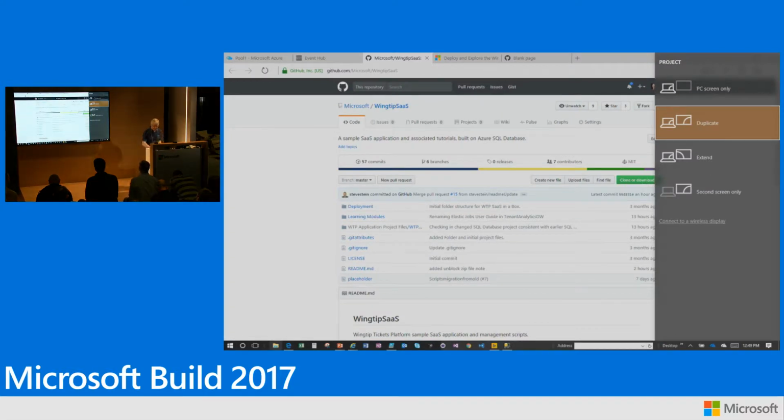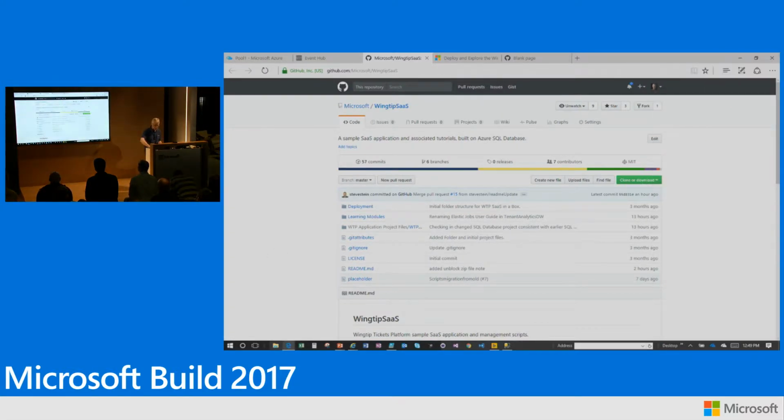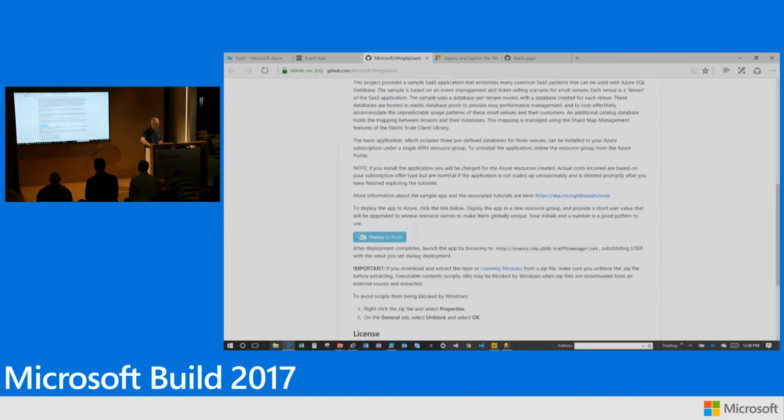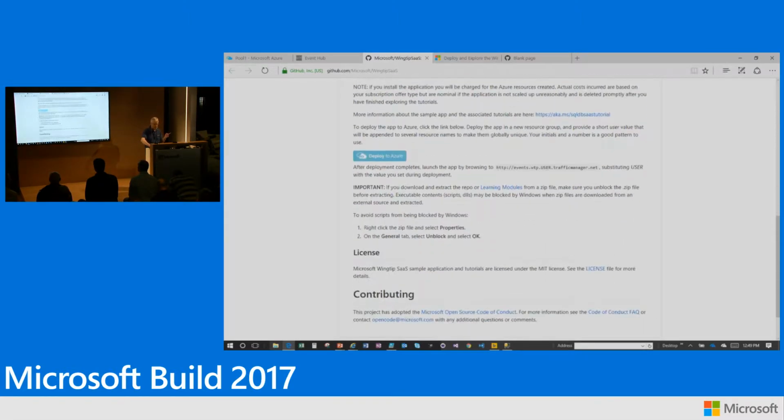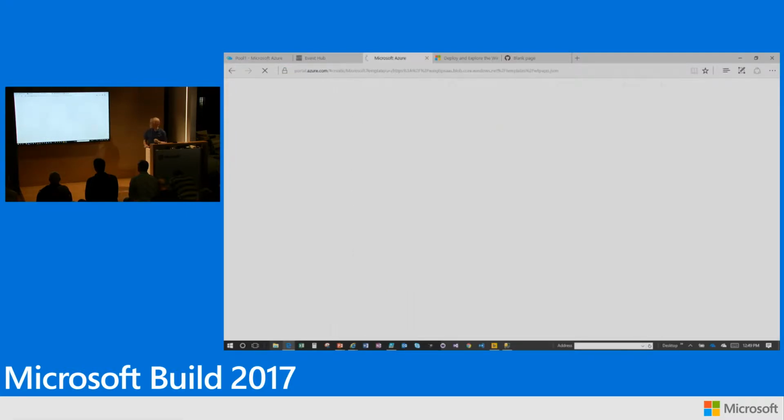So there's GitHub. This is the site. This went live this morning. So pretty exciting. And on here, all the code is there for the app you're going to see in a moment, and a button. You press the button, and it'll deploy the app. So it'll deploy in your subscription. Takes about 5 minutes. I don't have 5 minutes, but